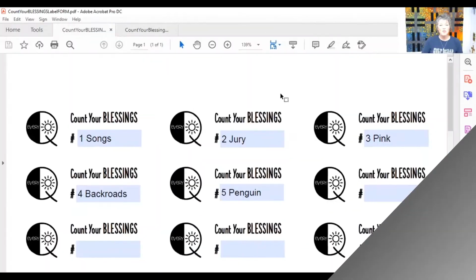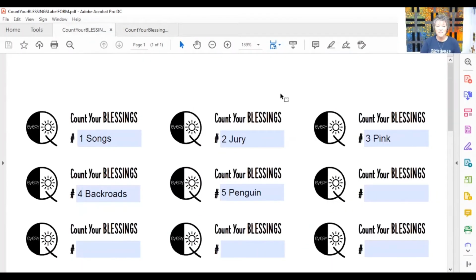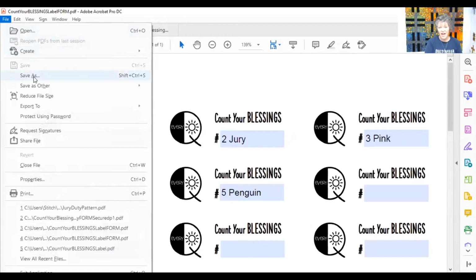Should you choose to keep track of them just on your computer, you can just go ahead and download the document. I encourage you to save the document as a blank document and then save it again, so you have a second copy of that, just in case you choose to type into it as I'm about to show you. If you don't like to handwrite things and you're going to fill these out on your computer and keep track of that, you're going to want to take your form and click Save As. So you can save it as page 1, page 2, page 3, and you'll have 30 inventory items